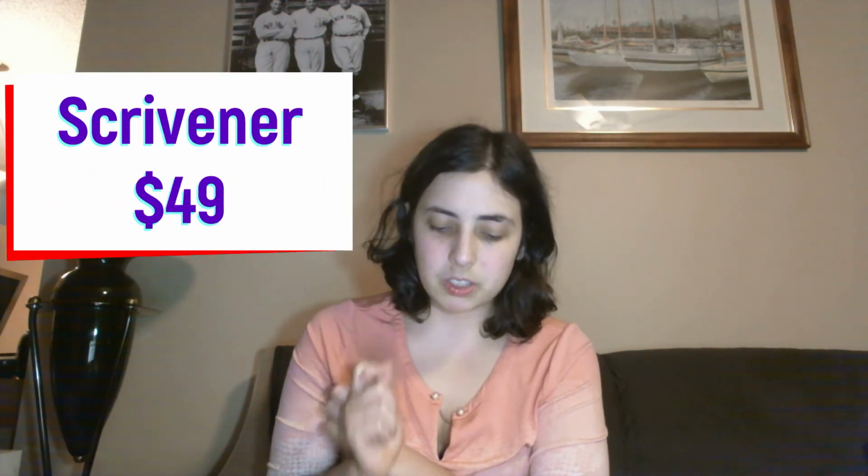And some additional things you can get. These are more on the services aspect, so non-tangibles. For the mid-range would be Scrivener. That one's about $50 or so. It's $49. Campfire Pro, if you get it without the world building pack, it's $49. If you want to get it with the world building pack, it's a little more, I believe around $79